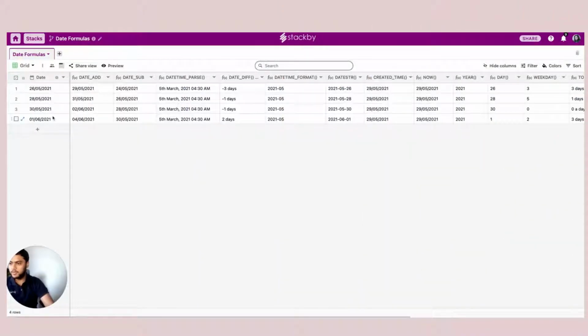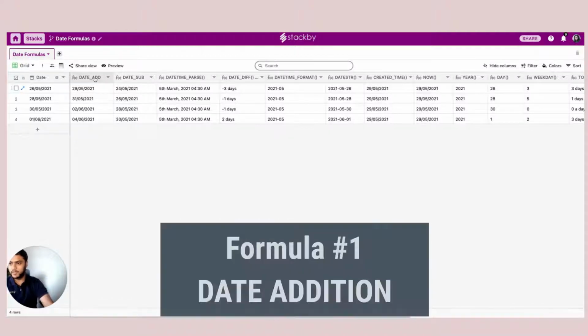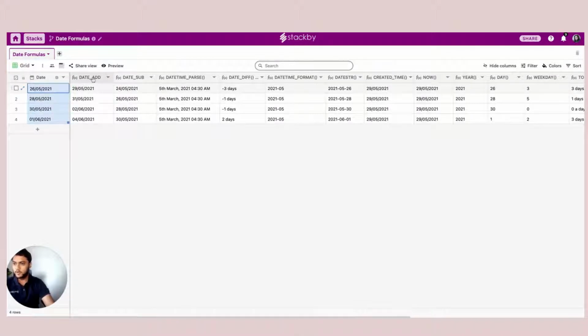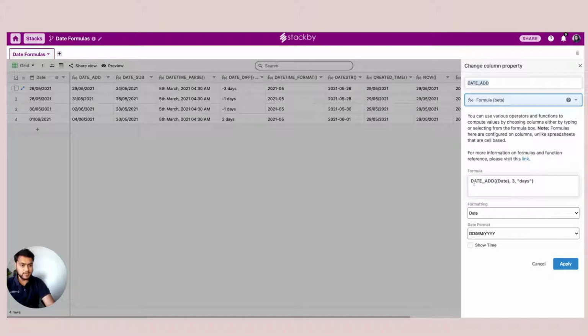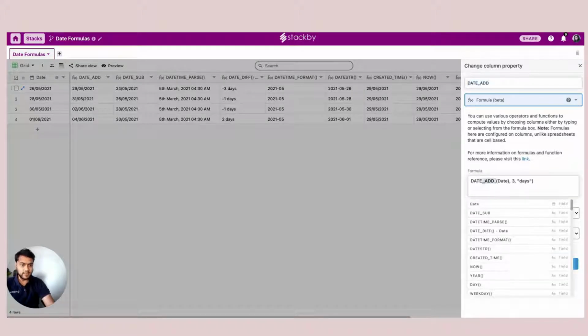So the primary column here is a date column. Now the first formula that I want to show is date addition. If you want to add extra days to any of your date columns, you can configure this formula. It's date add. You reference the date column, which is the first date column.